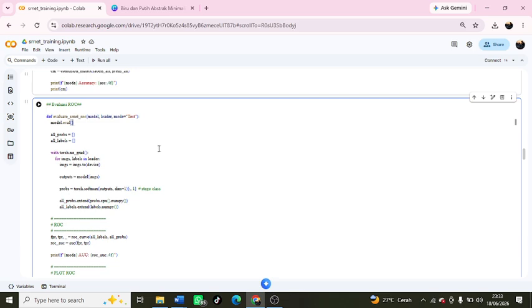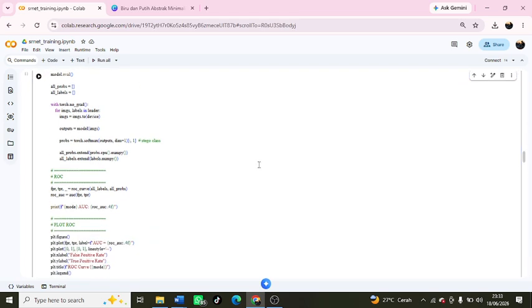In this process, the model's output is first converted into probabilities using the softmax function. The probability of the stego class, label 1, is then used to calculate the false positive rate, or FPR, and true positive rate, or TPR, which form the ROC curve.